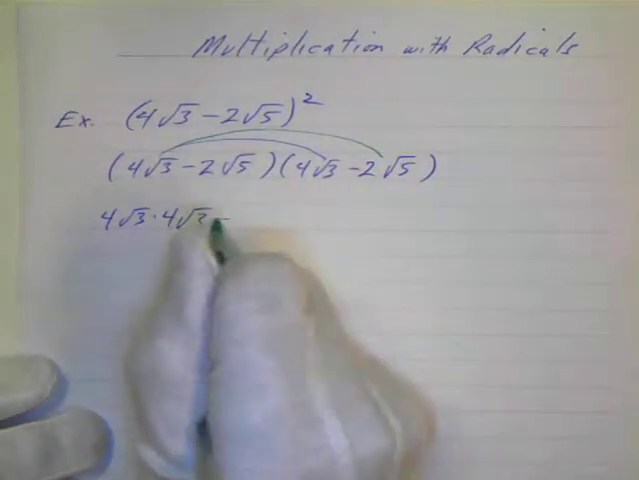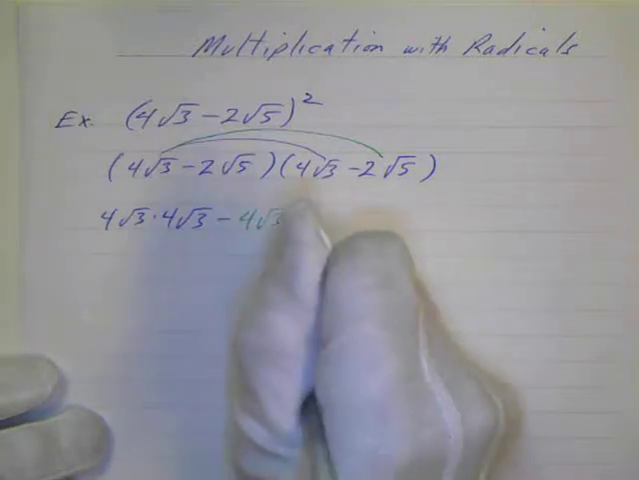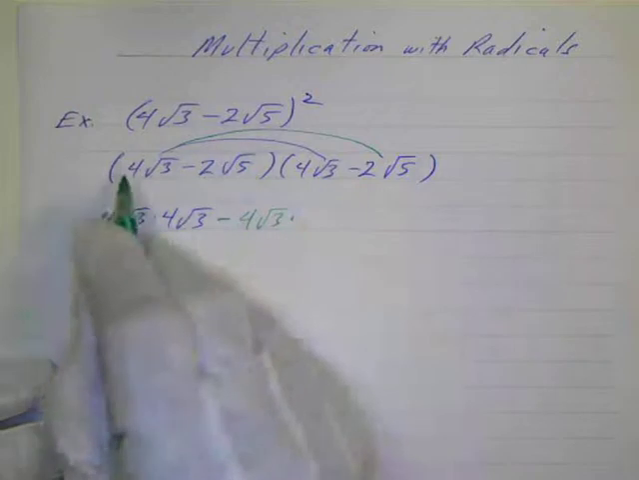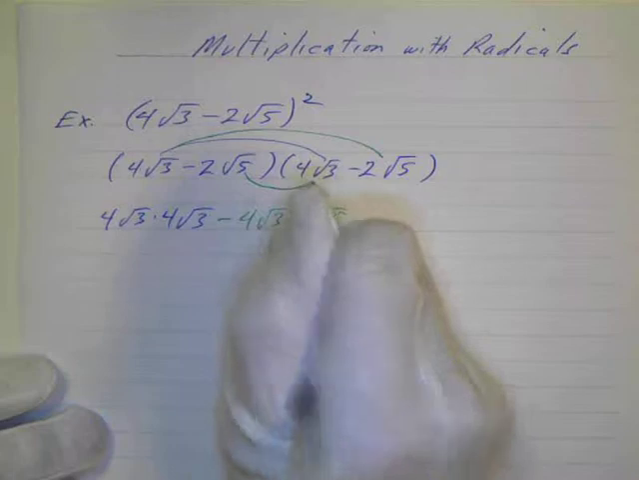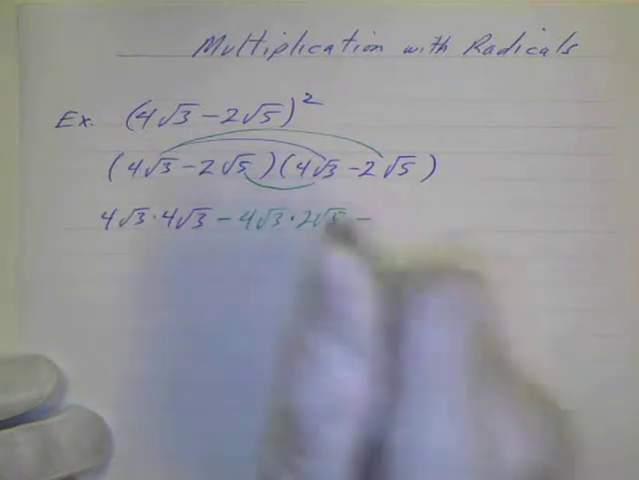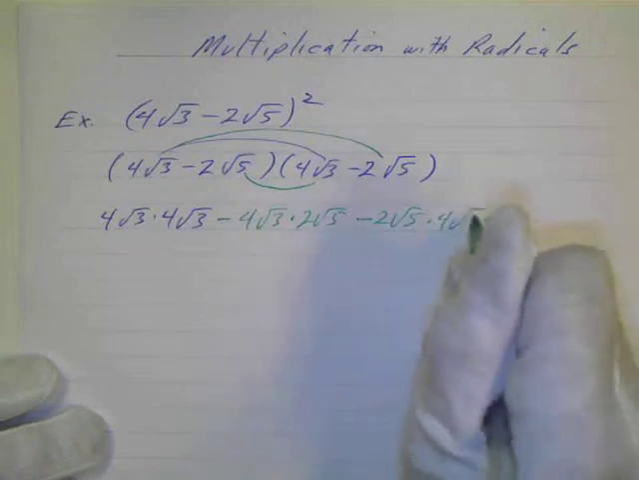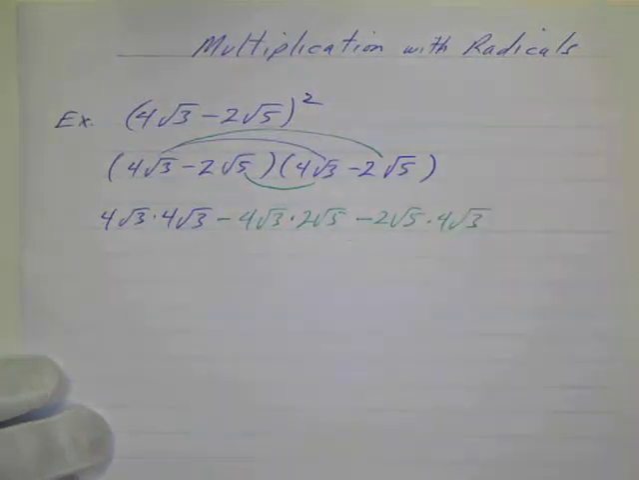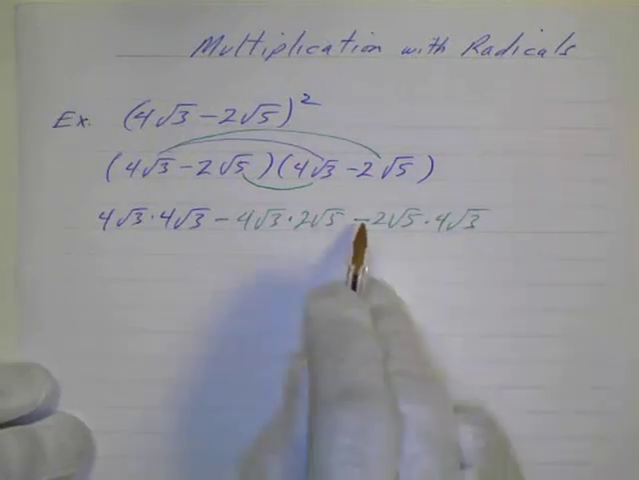Negative 4 square roots of 3 times, because a positive times a negative is negative, 2 square roots of 5. And then the inside term is going to be the same thing because it's a negative times a positive. 2 square roots of 5 times 4 square roots of 3. And I'm writing out all these steps for you so you can see this. And these are the same, because multiplication is commutative. Doesn't matter what order we multiply, as long as we remember the integrity of the signs. And then last terms,